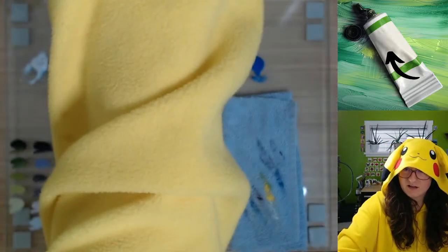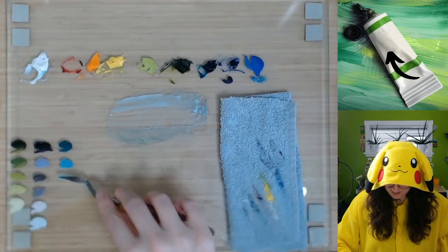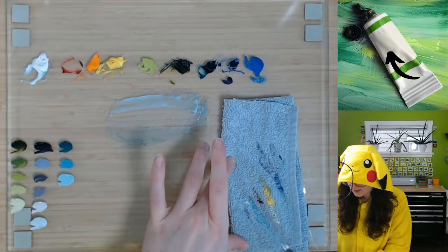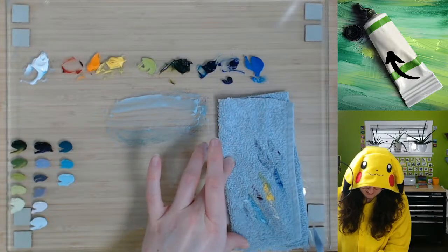Well, that's a pretty color. Just having fun mixing these colors now. They're not exactly...